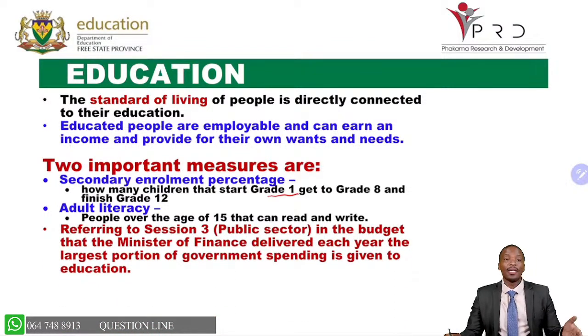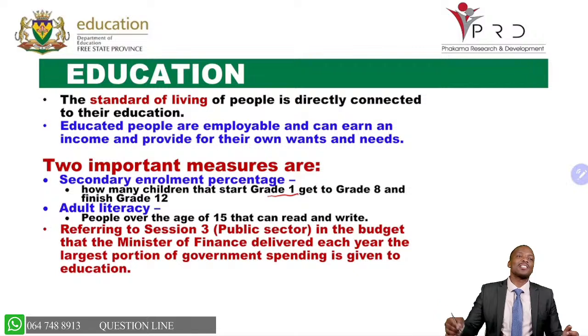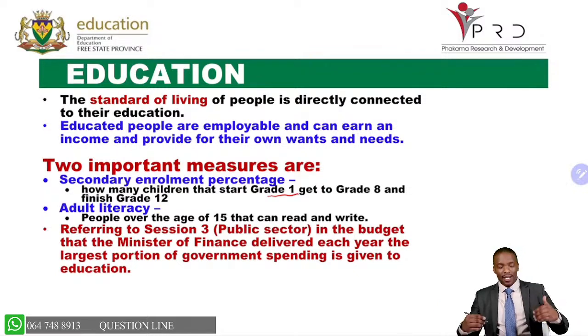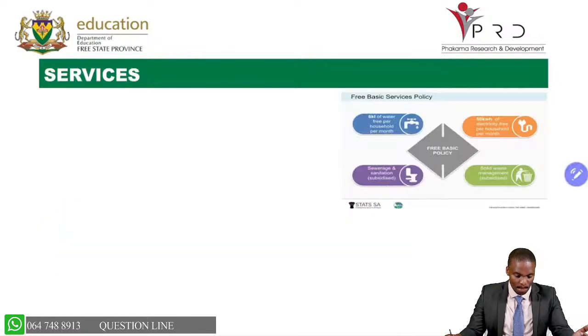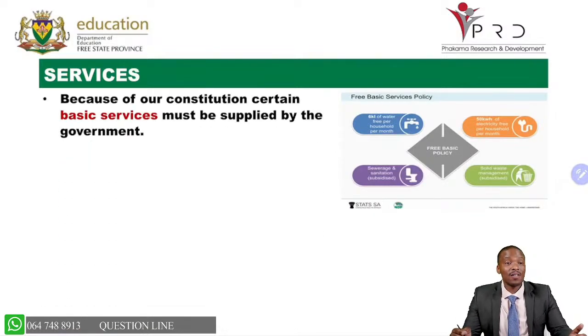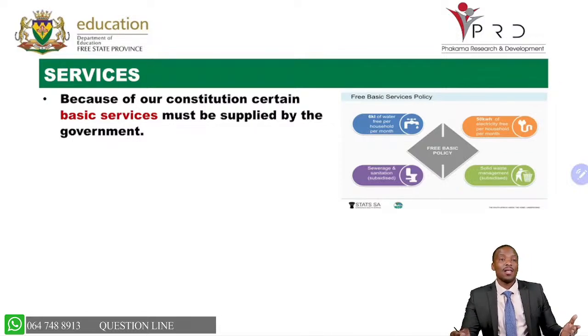Okay. Then when we refer to the public sector, we mentioned that education gets the largest pie in terms of budget and funding, followed by health and so on. Services, here we are looking at access to those basic services. It is in the constitution that for those that cannot afford, there should be a provision by the government to